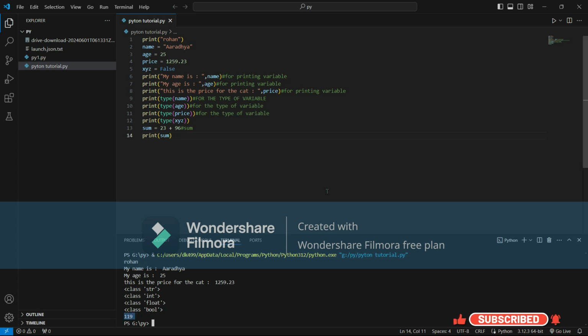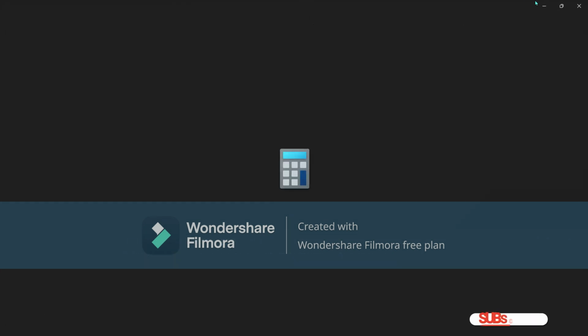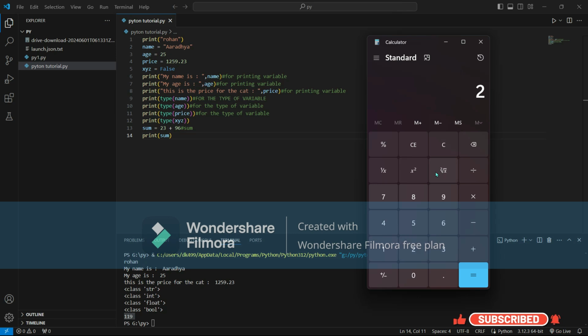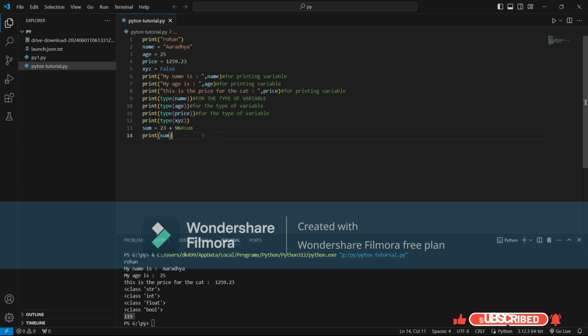Let me just check it further by opening a calculator. Over here, I will write 23 plus 96. As you can see, it's 119, which is totally correct. Now let's multiply some.